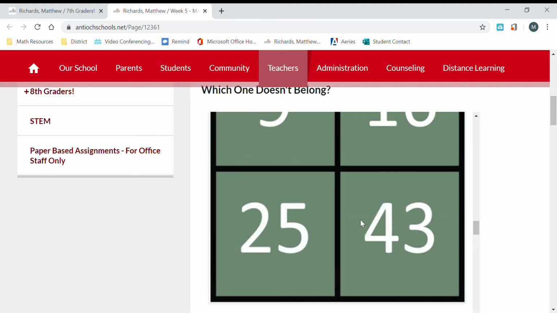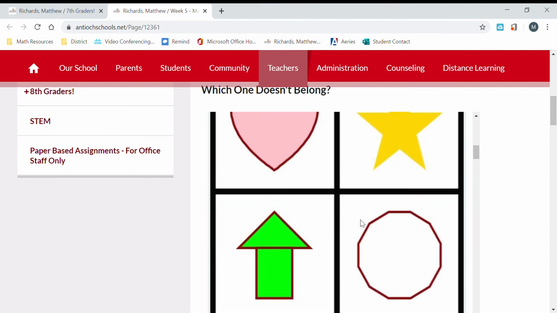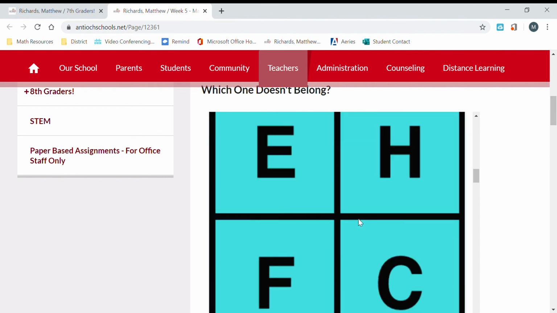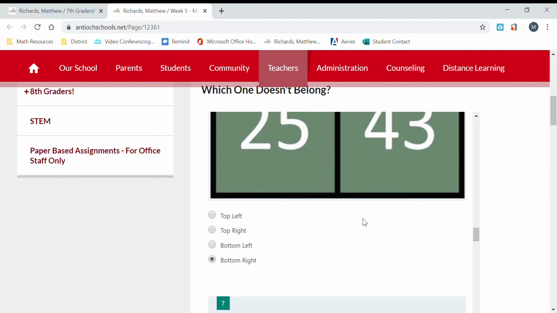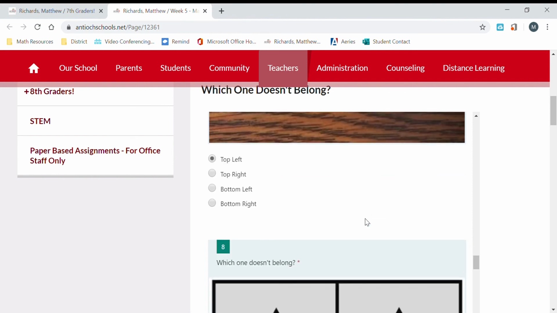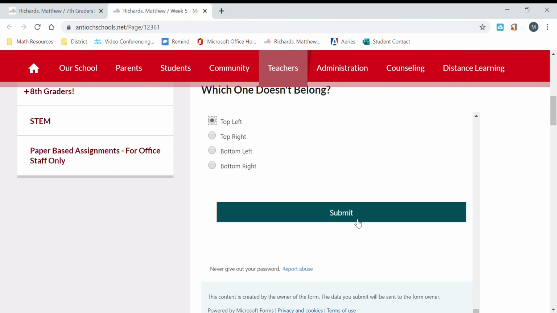If I were doing a math assignment, I might be working on a separate piece of paper and just jotting down my answers just in case something happens and I have to leave and come back to it. It won't save any work that you do, which is kind of a drawback. But so I'm done and I click submit,